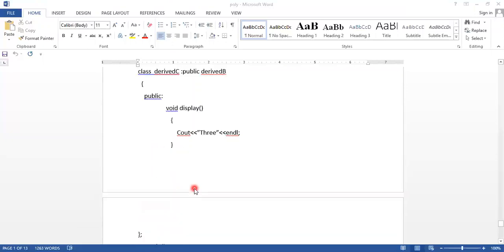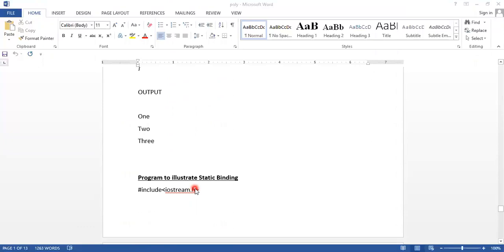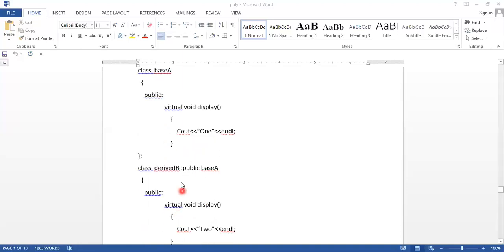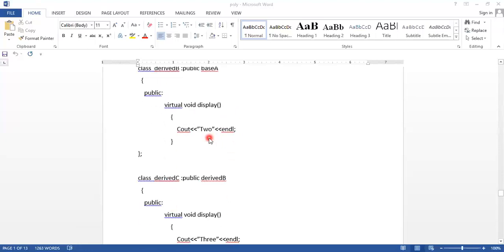Right. The same function here, we use the same function but virtual. We use the keyword virtual. Similarly for derived B, we use the keyword virtual. The same thing.